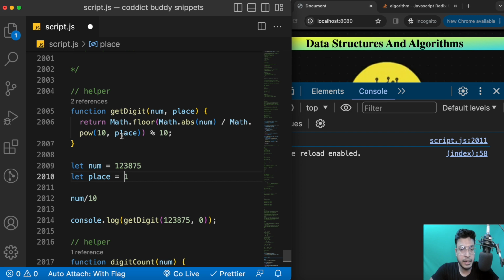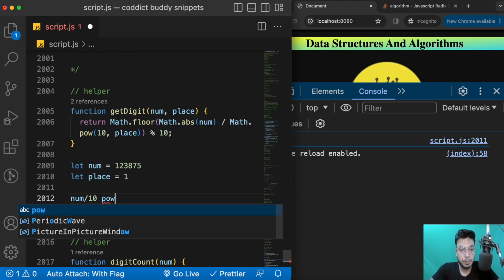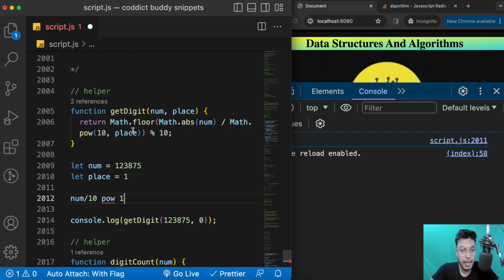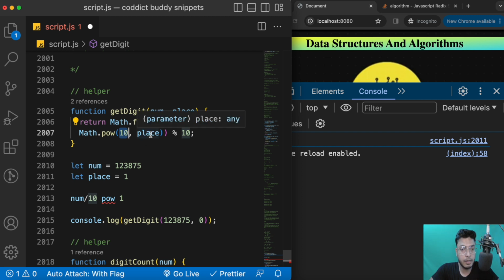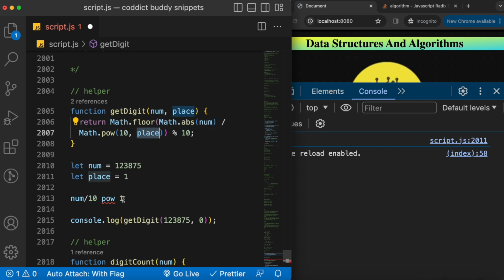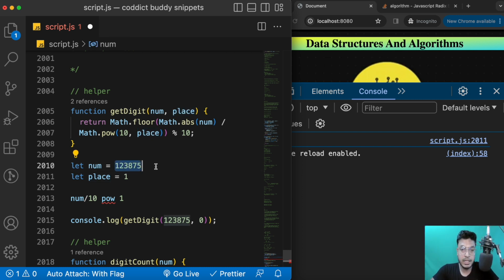So it is something like 10 to the power 1. Okay, so 10 power 1, like, so this thing Math.pow, let me show you like this. Math.pow means whatever number we are passing, it is going to be the base number, and then whatever number we are passing here, it is going to be the power of that number. Okay, so 10 to the power 1, right? So it will be the number whatever we are passing, 1 2 3 7 8, divided by 10 to the power this, and then what we are doing, we are simply picking the absolute number